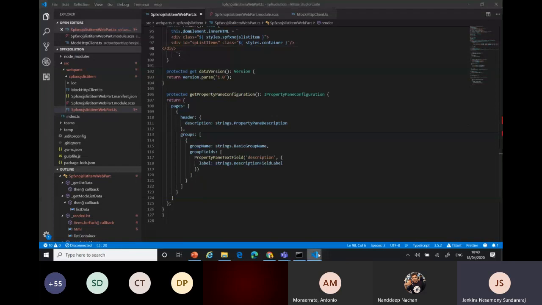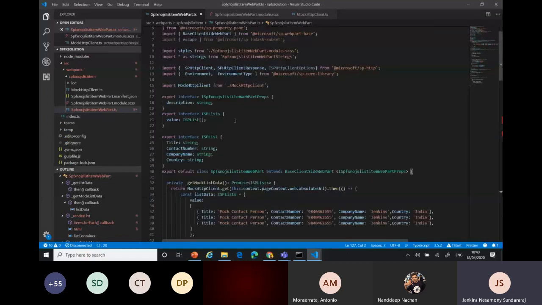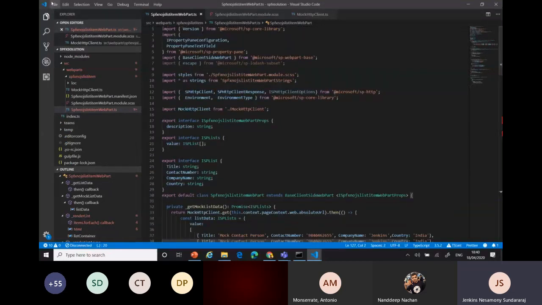Okay, now we need to go and execute, right? The same page itself we did, right? If your React is totally different, I'll show you. Here I am going to execute.